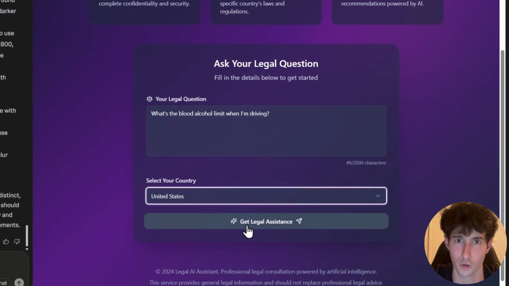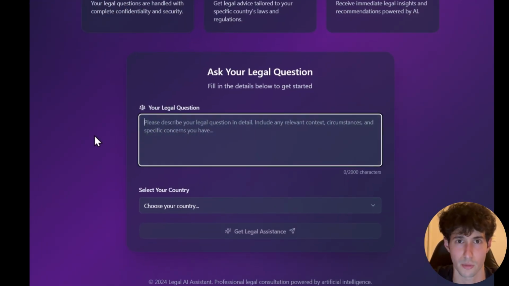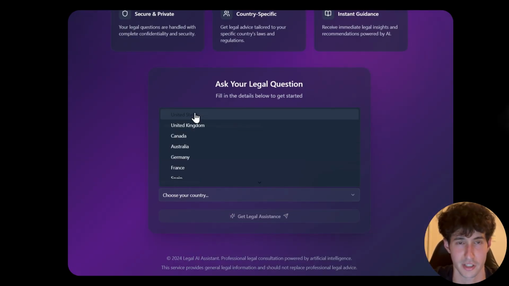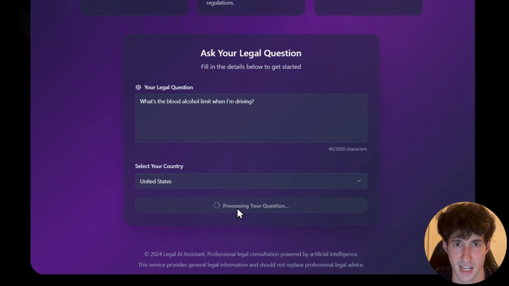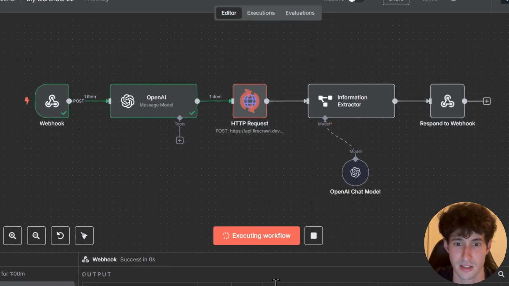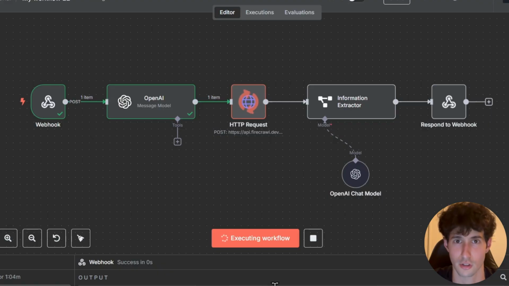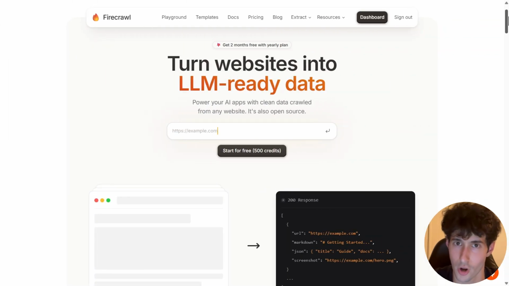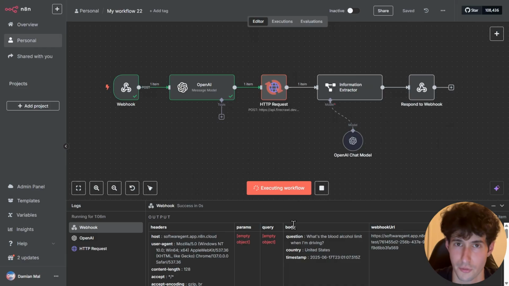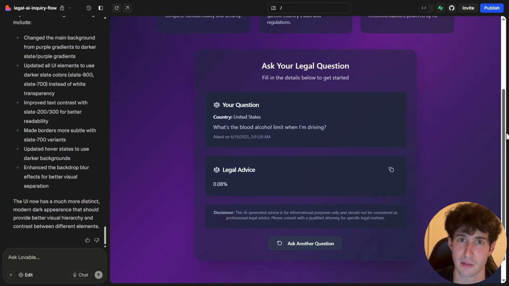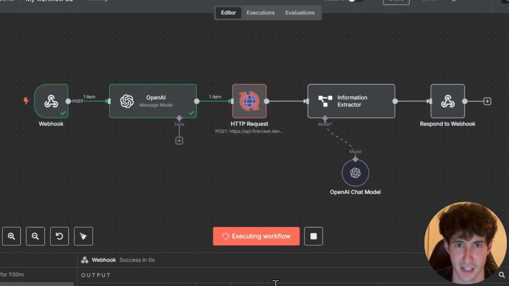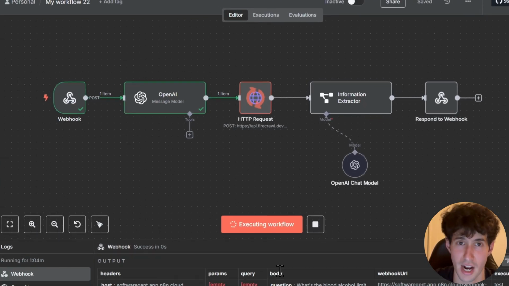I built this fully automated AI legal assistant using just Lovable and n8n. All you have to do is fill out a simple form with your legal question and select your country. And then the app will automatically start searching the official government websites for documents that are relevant to your specific question. It then scrapes all of these documents using Firecrawl, formats a proper response, and sends it back in our Lovable interface via webhook. And all that in less than 10 seconds,